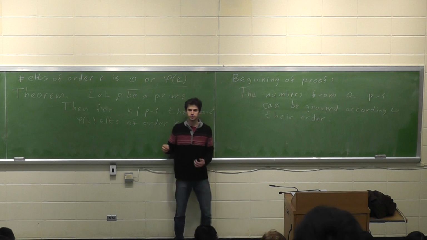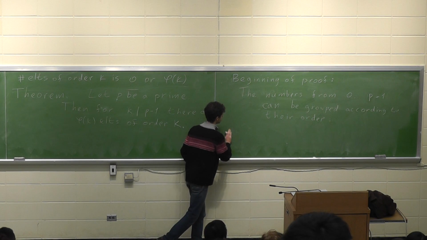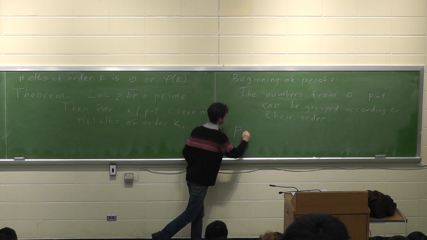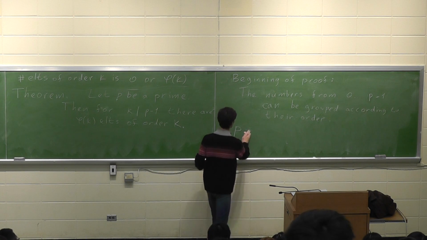So you get some kind of equality: the number of elements, which is p minus 1, is, well,